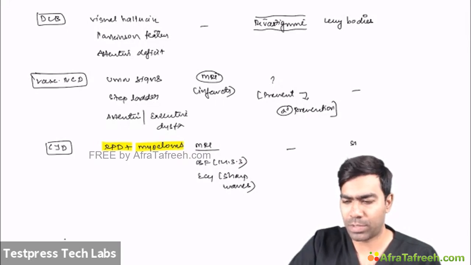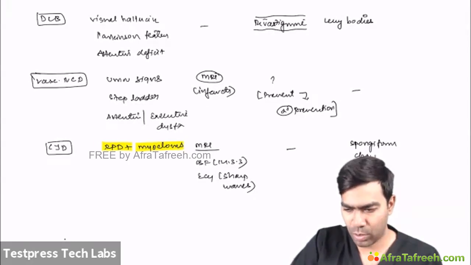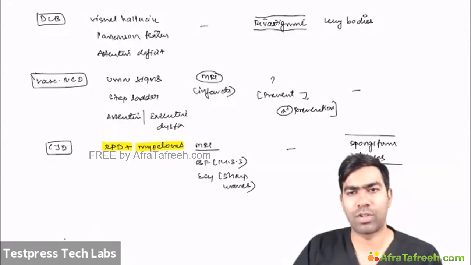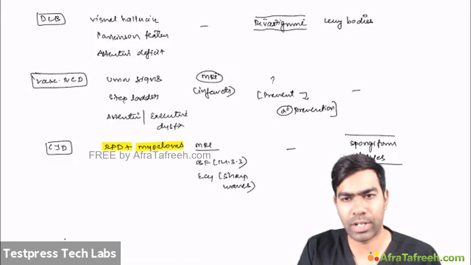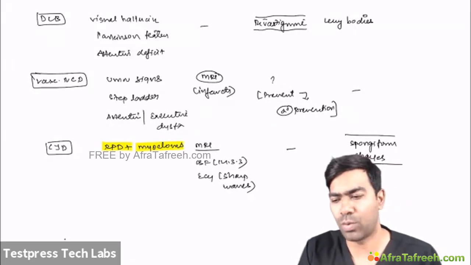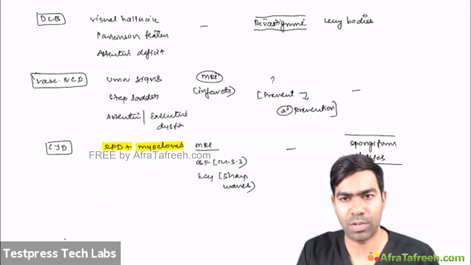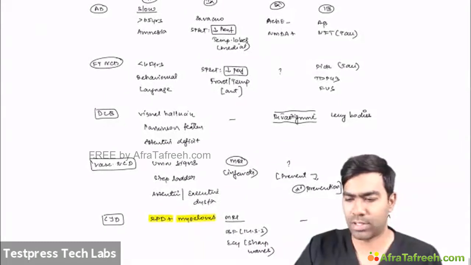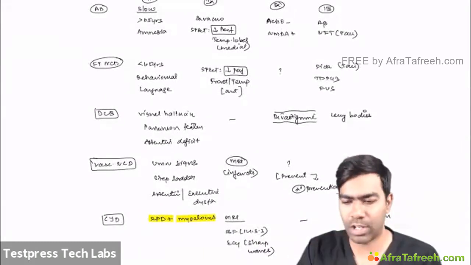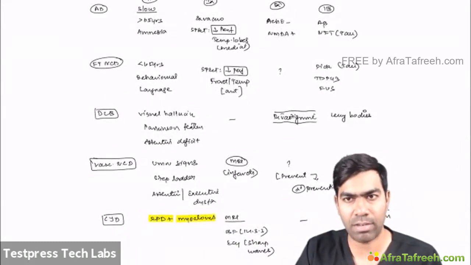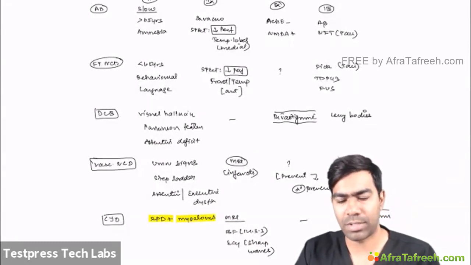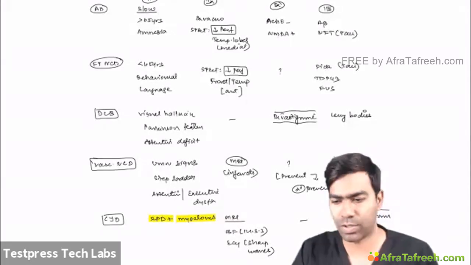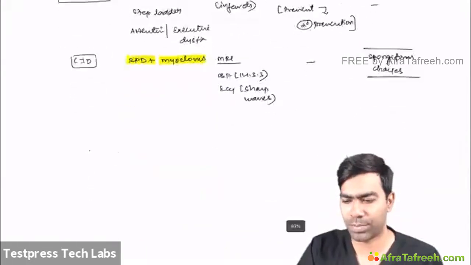As far as the biopsy is concerned, you can see these spongiform changes. That's why the original name for Creutzfeldt-Jakob disease is spongiform encephalopathy. If it's due to eating cows, that is called bovine spongiform encephalopathy, BSE. So these are the 5 important dementias or 5 important neurocognitive disorders that you need to know for exams. This final table, whatever is given, will be very useful for you in exam. Before going for exams, for revision purposes, this table will be very useful. So you just go through this table and go.